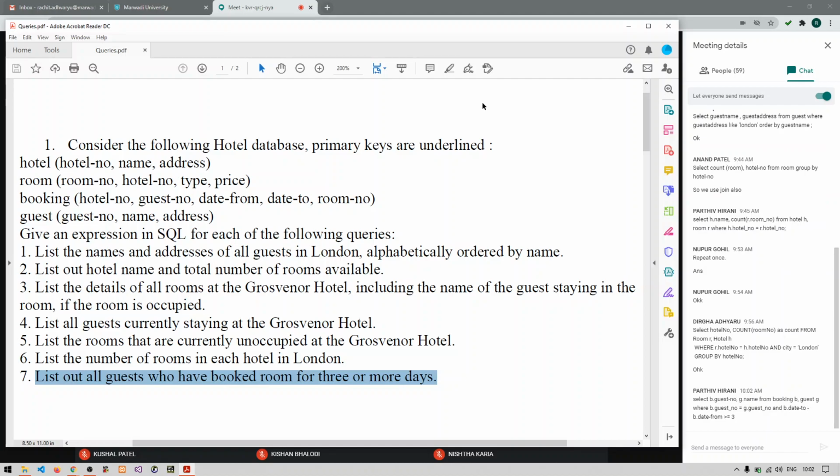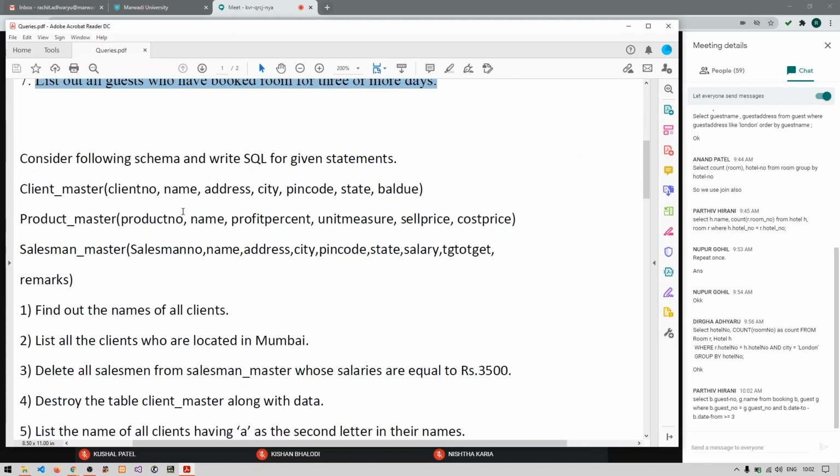Yes, very good Parthiv. Just put the last part in brackets: where (B.date_to minus B.date_from) greater than or equals to 3. So that would be the right answer. Good Parthiv. Moving on to the next.